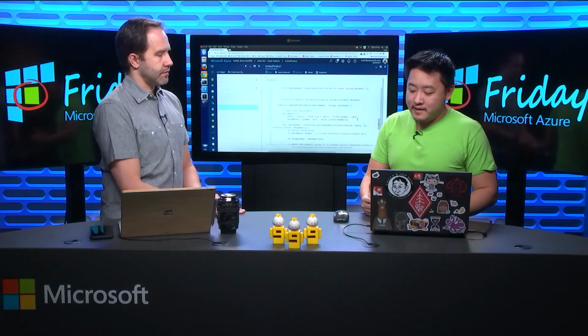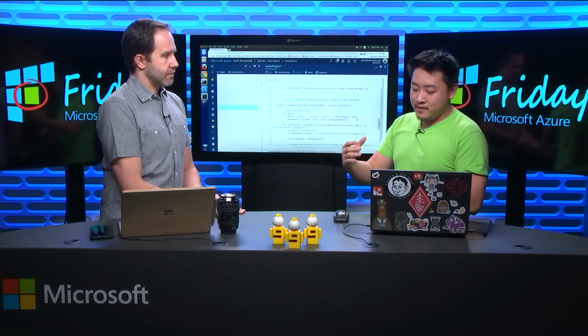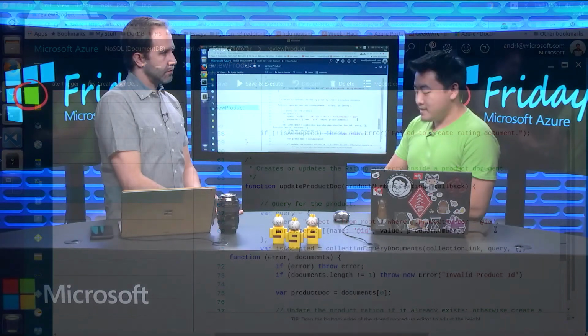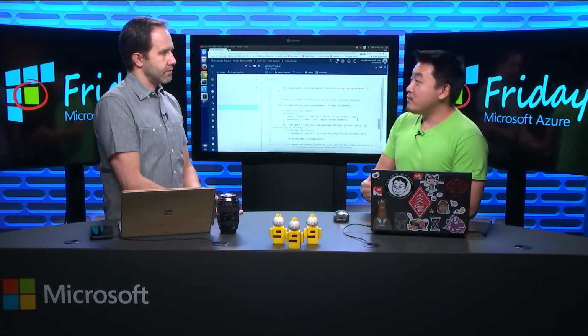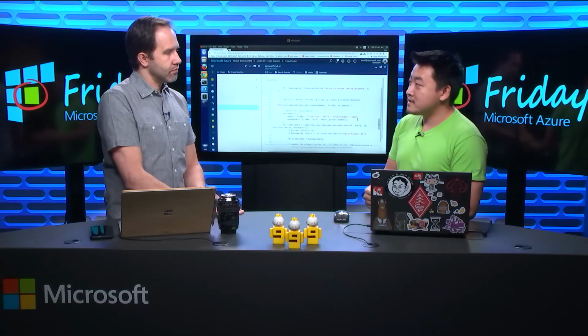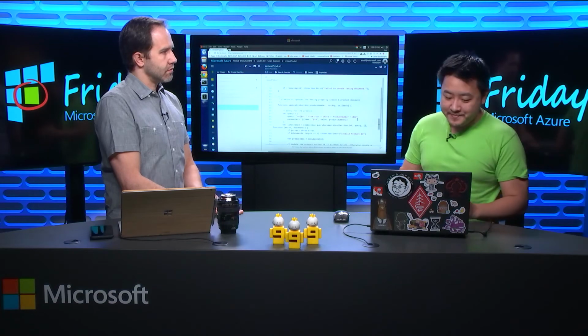Something to call out from that is, as a user, when you're thinking about how you want to partition your data to really leverage the scale-out capability, your choice of partition key should reflect what kind of transactions you want to do. So in the context of, let's say, a product catalog, I know that I can scale out perhaps by choosing a partition on maybe the product category. I know that my transaction scope will fit within that product category. Let's say I'm just reviewing a single product and creating review documents. That'll fit well. But this is a design consideration you'll want to think about upfront.